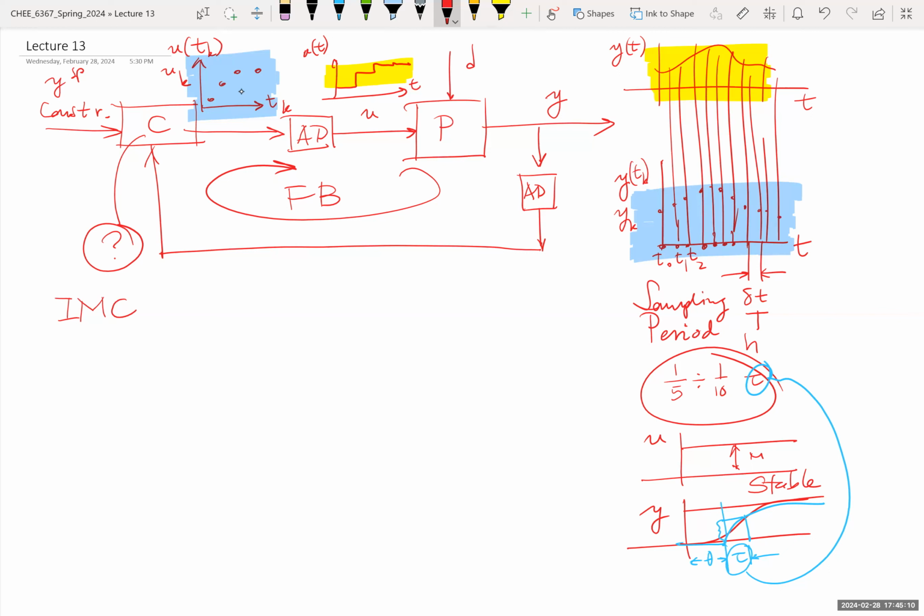Back then to section 9 of the notes on page 15, where we are learning how to go from continuous to discrete time systems. Why do we need that? Again, because we can build model-based controllers, for example, using the IMC idea. Let's remind ourselves what this is. So if we have a G process which is stable,